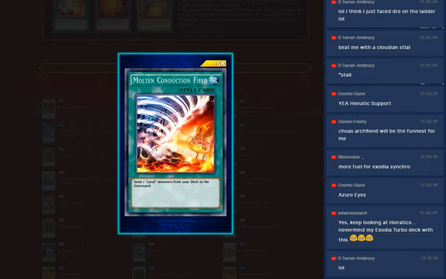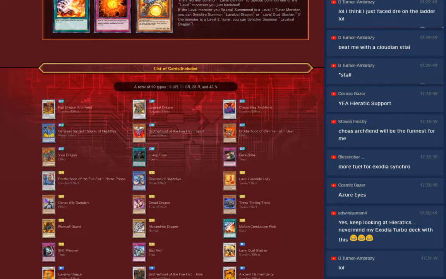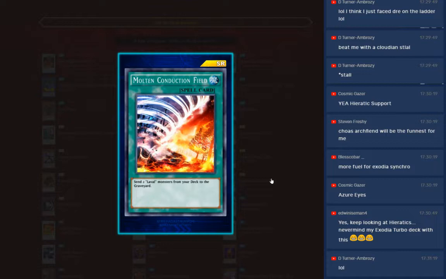Send 2 lava monsters from your deck to your graveyard. Really good card, man. Because you could send cards like Lava Lakeside Lady with another one. And then, I don't know, maybe pull some other shenanigans to mill. And then now you can blow up some set cards. You know. See, if this... Oh, I know there's a card that if you send it, you send another,